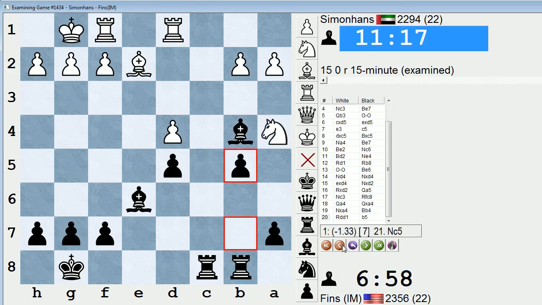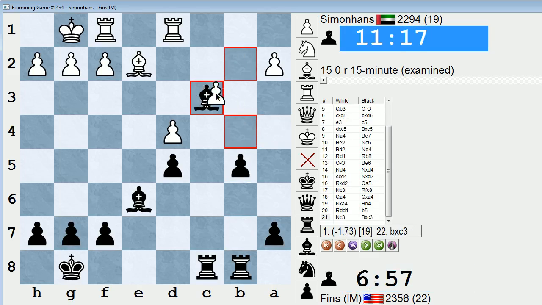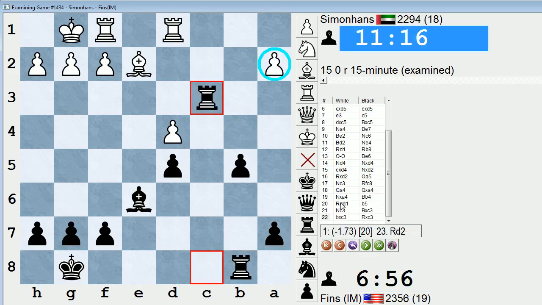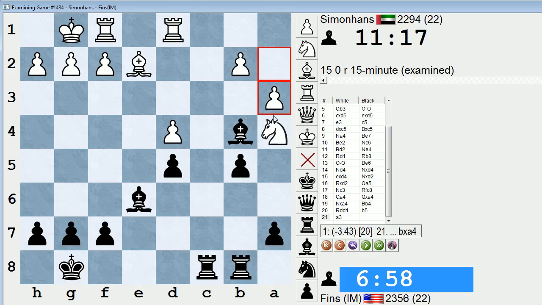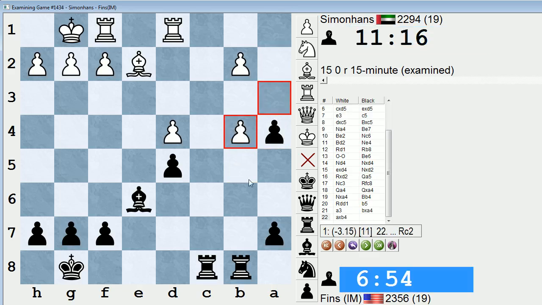Knight c5. I think he did it in the best way. Like, the other options are knight c3, take, take, and take. In which case he has a weak a-pawn. My rooks will be active. Or he could play a3, which is probably the worst of the three options, because after take, take, and take,